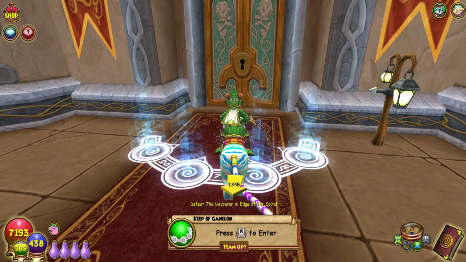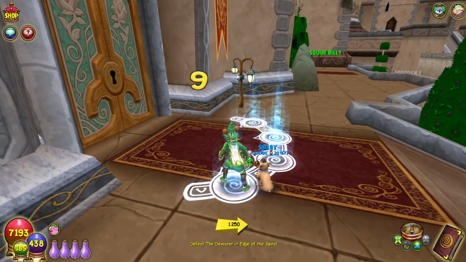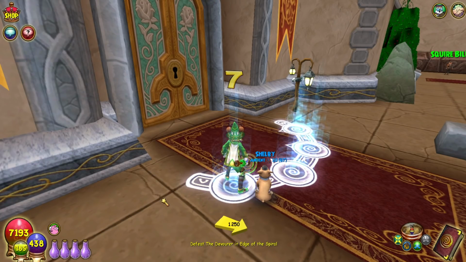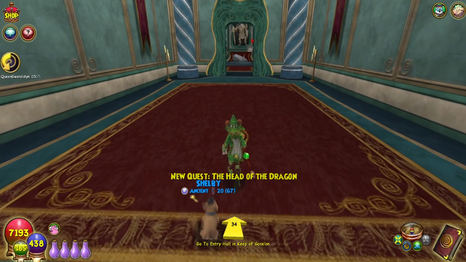Last but certainly not least is going to be the Keep of the Ganon dungeon in Avalon. So this is, I believe, the final dungeon of Avalon. It contains the final bosses of the Black Dragon and the White Dragon. And the reason why this place is so nostalgic for me is I actually have a very distinct memory of